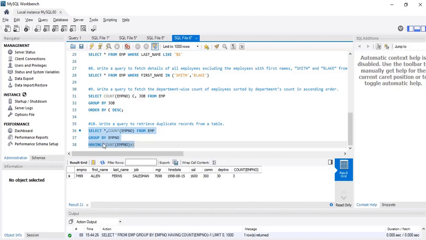Why we use having is to add some more restriction to your query. So now having count EMP number is greater than 1. Wherever it is repeated more than once, those will only be printed. So like this we will retrieve duplicate records from a table.